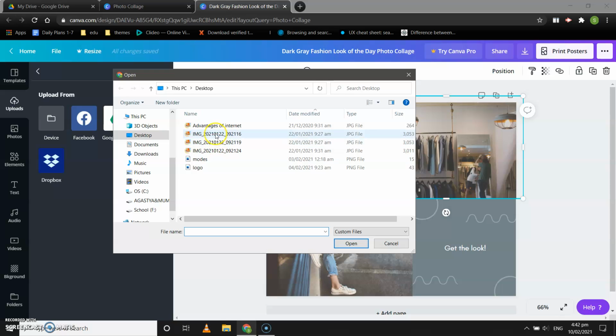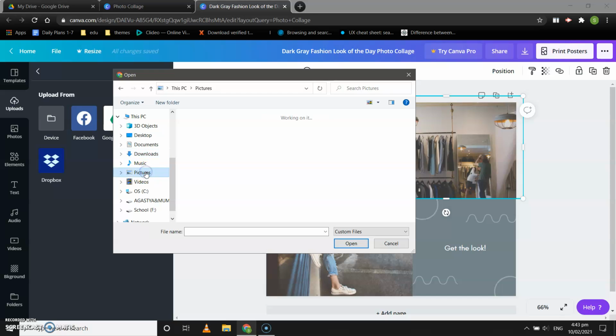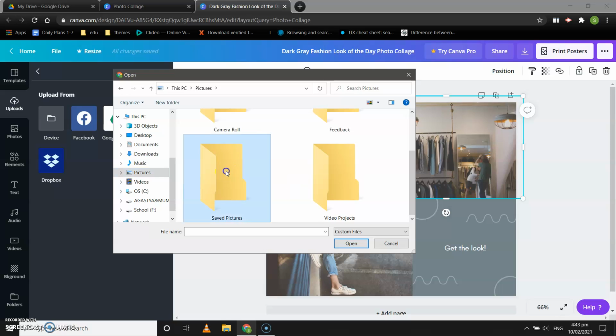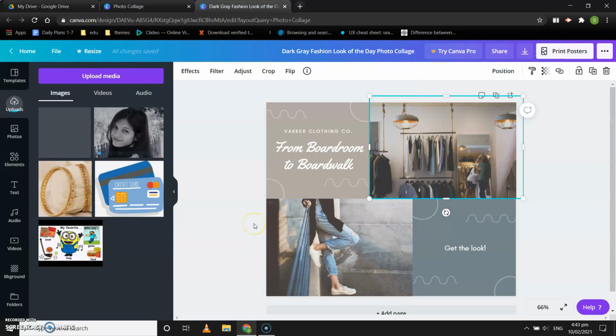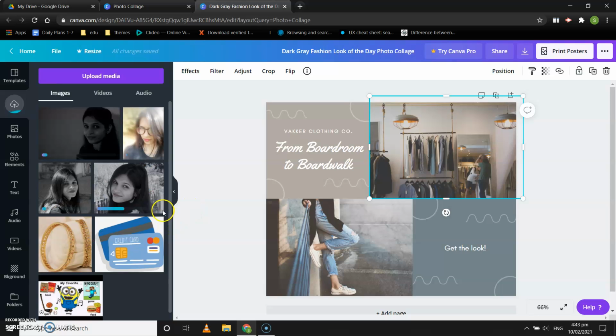And see, there are so many pictures. You can use any of such pictures that you want to add. Go to the folder in which your pictures are there. Suppose my pictures are in the pictures folder, so I can go to the pictures folder and select the picture that I want to add. Suppose, let's see for an example, there are so many pictures. Suppose I want to add all of these pictures over here, so I'll just select all of them and click on open. Now once I do that, see, so many pictures have come in front of me that I can use to create a photo collage of my pictures.